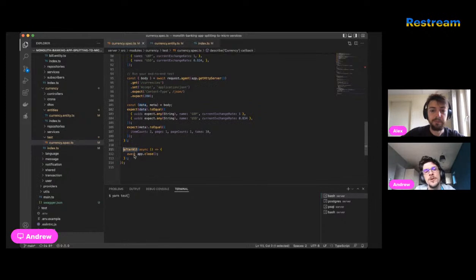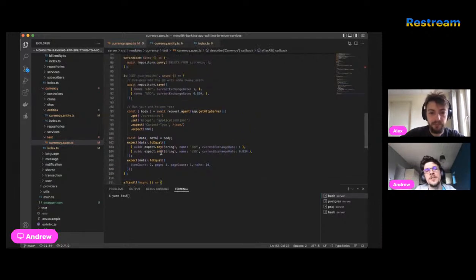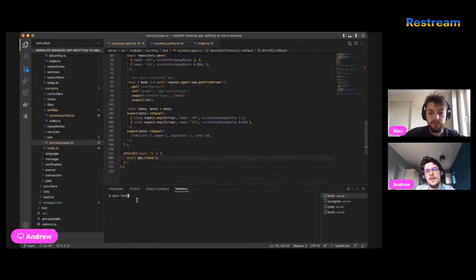And then, after all, we just stop and close the application, so the test can finally be finished. So let's try it now, and then I want to comment out some parts of this test as well and check if it's still working or not.